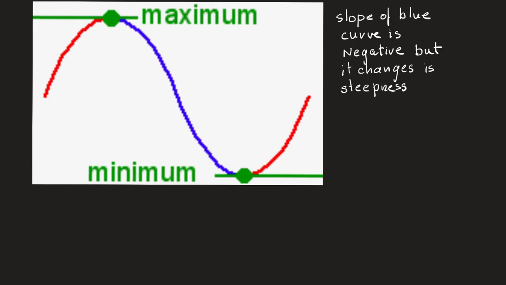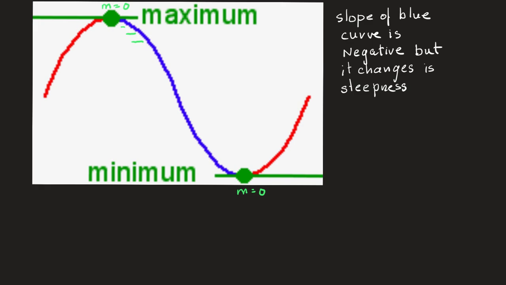The slope at the very top is 0, and the slope at the very bottom here is also 0. But as it progresses, the slope is negative, and then its negative slope increases,